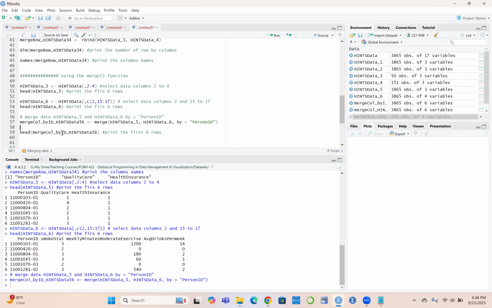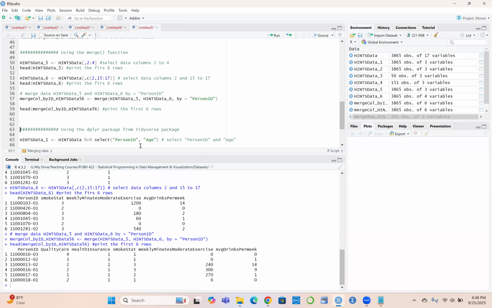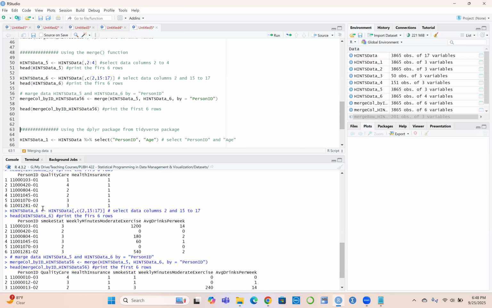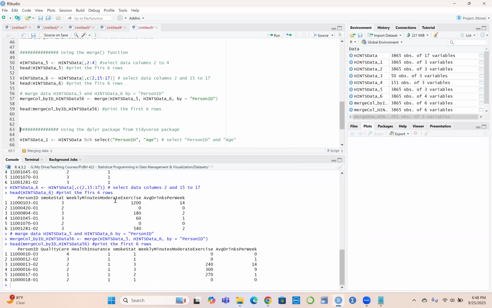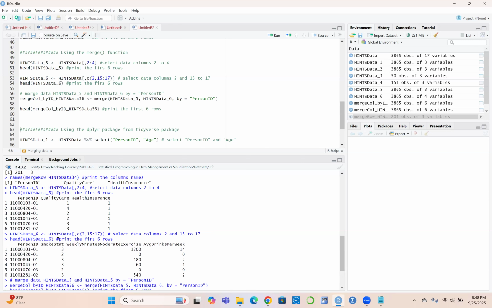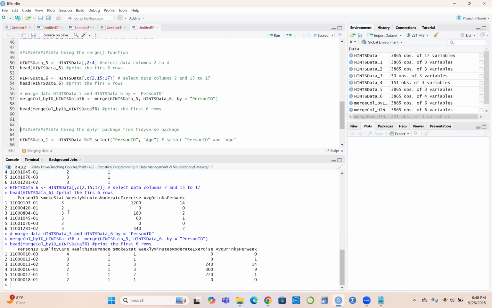Now, next we can look at the head of the data set. So there's the head of the data set, where now you can see initially the HINTS 5 has quality of care and then health insurance, and it has the patient ID. And then the HINTS 6 data has smoking, weekly minute moderate exercise, and average